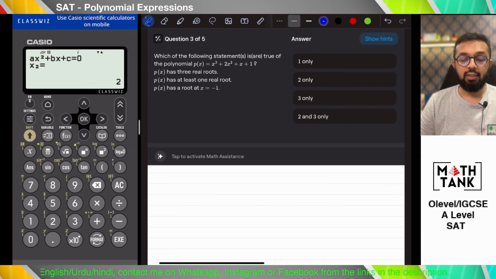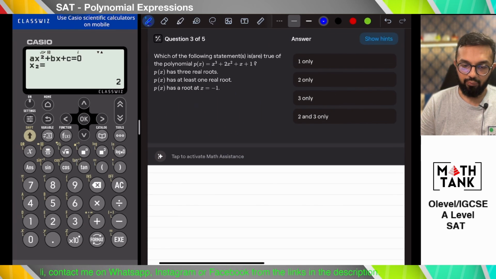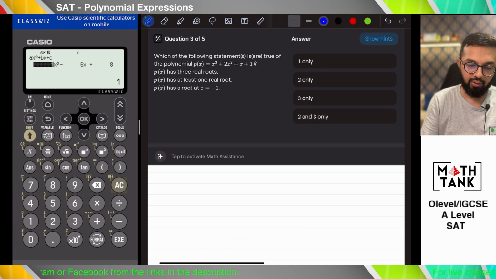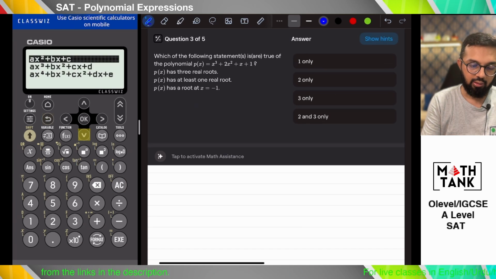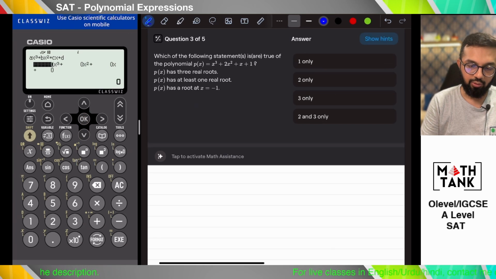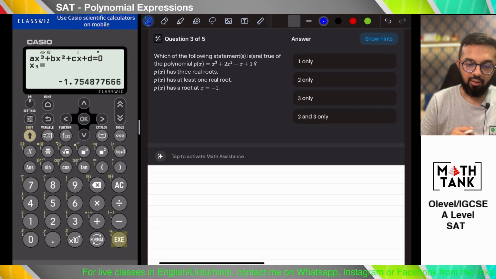Then it says which of the following statements is true of the polynomial. Now the easiest way of doing this question would be on a calculator. So I go to my cubic polynomial, 1, 2, 1 and 1, if I want to find out the roots of this. So it's giving me one negative root,